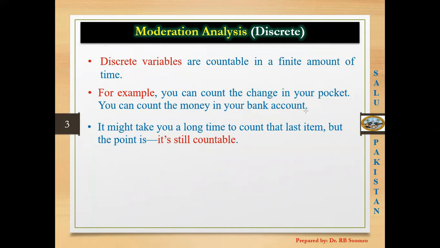The main thing is that either it is countable or not countable. Time is not important, but what is important is whether the quantity is countable. If the quantity is countable, it is called discrete. Okay, and then another thing is